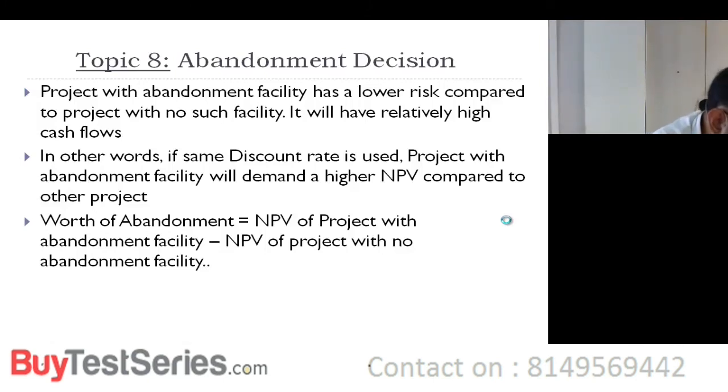The following is the estimated project inflows over the next 2 years, year 1, year 2. Year 1 probabilities are 0.2, 0.6, 0.2, with cash flows of 30 lakhs, 60 lakhs, 90 lakhs. Year 2, if year 1 cash flow is 30 lakhs, then year 2 will have probabilities 0.3, 0.4, 0.3 for cash flows of nil, 30 and 60, correct? If year 1 cash flow is 60, then year 2 probabilities are 0.3, 0.4, 0.3, with cash flows of 30, 60, 90, and so on and so forth.